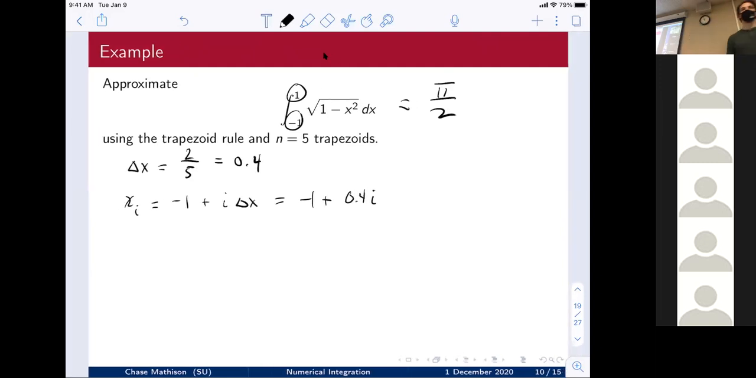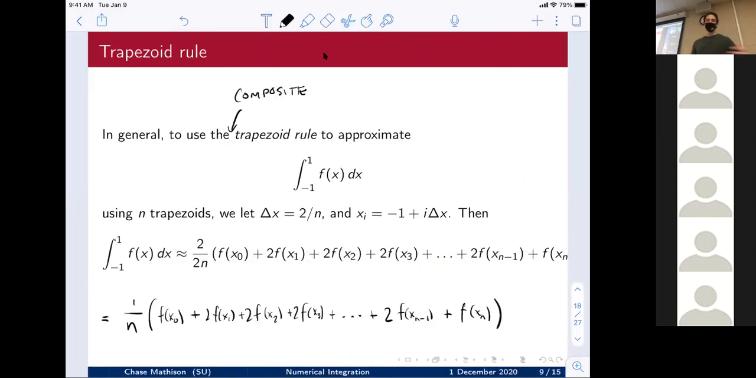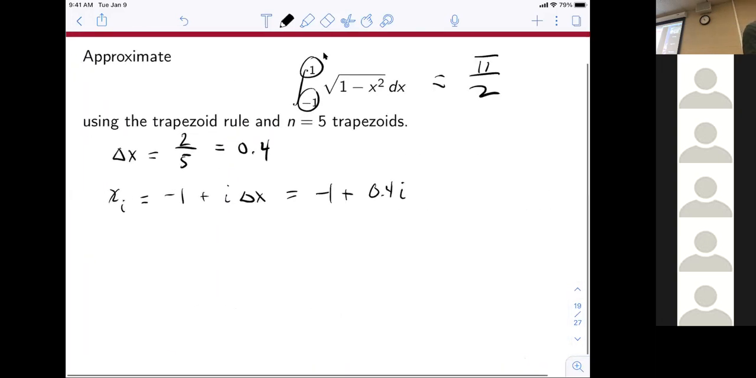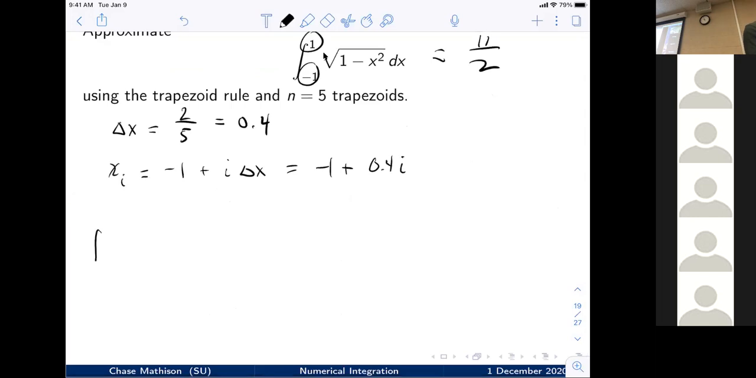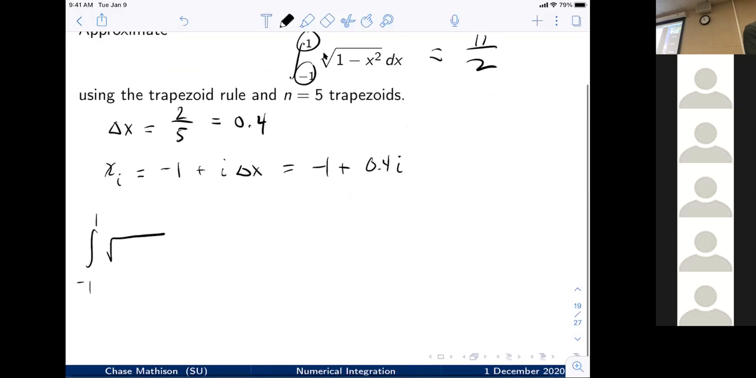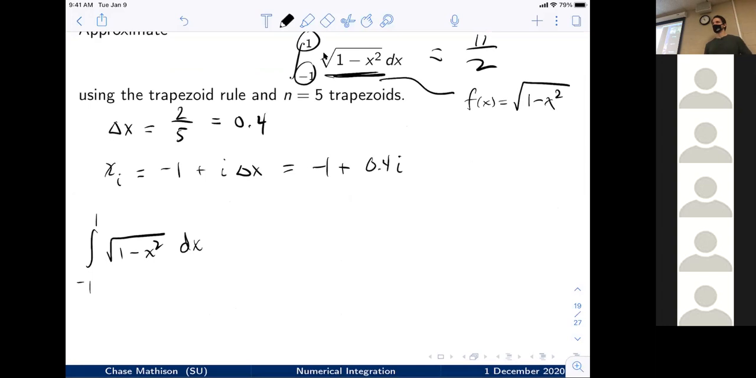Okay, so we could go through the trouble of drawing this out, or we could just plug into the trapezoid rule that we know now. So this is going to give us the integral from -1 to 1 of the square root of 1 minus x squared. This is f of x for us. f of x is the square root of 1 minus x squared. I think I misspoke a second ago. I'm sorry. Okay, but this is going to approximately be equal to,